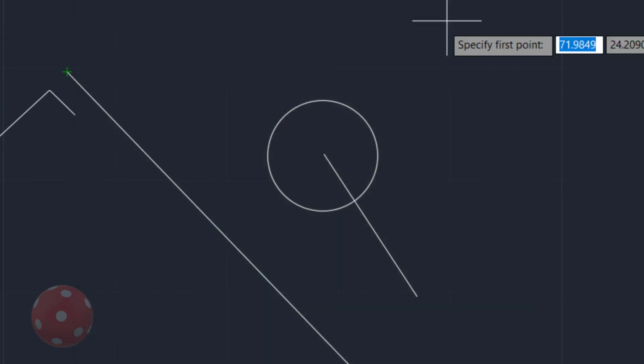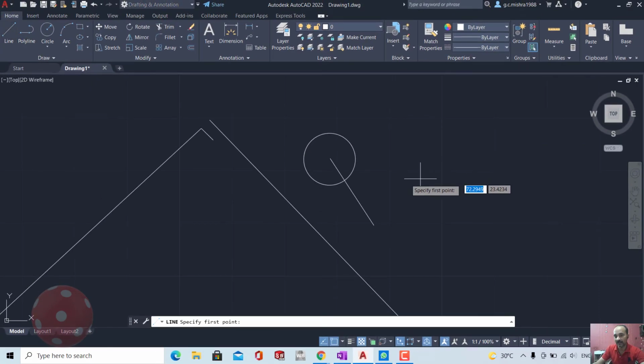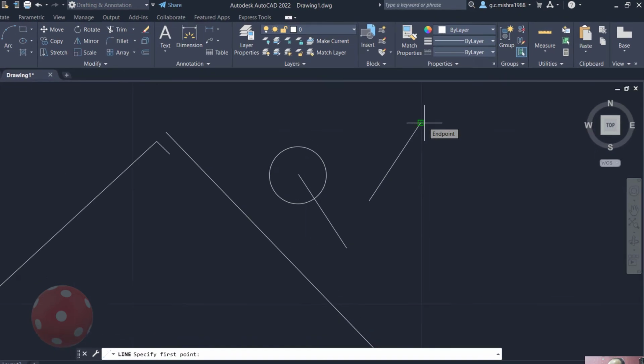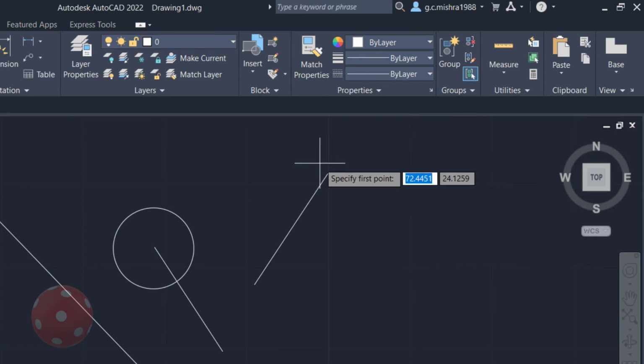And if this symbol is appearing, you can create a line, and after that a second line. If the rectangle is there, you can go from here to here. It means it is providing space from here to here. When the rectangle is appearing, wherever you click, it will capture the end point only. Click here. Now the line is joined.